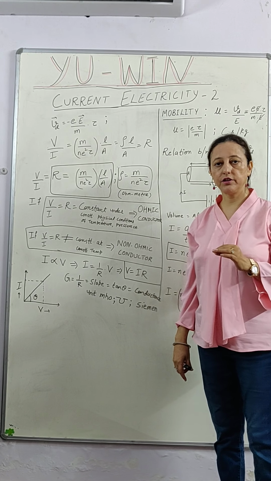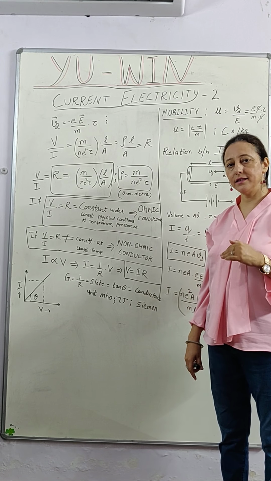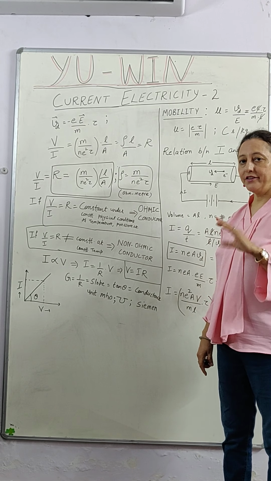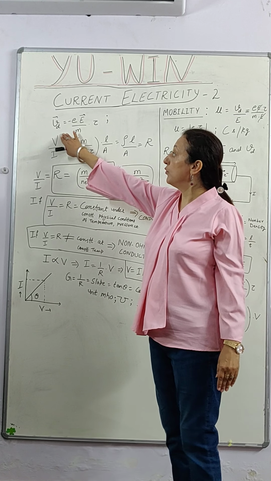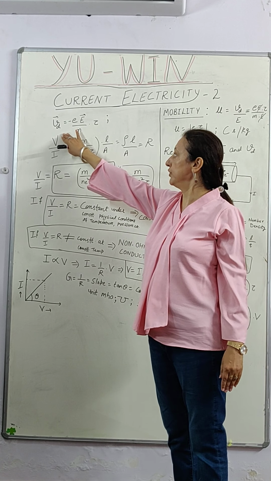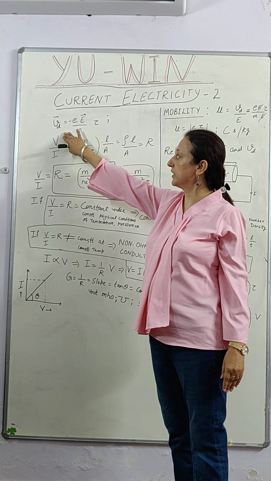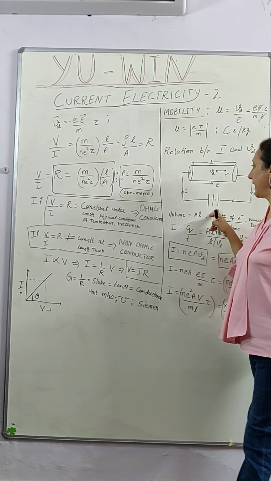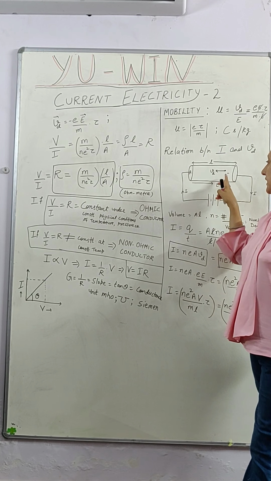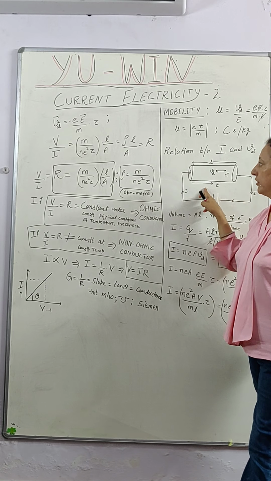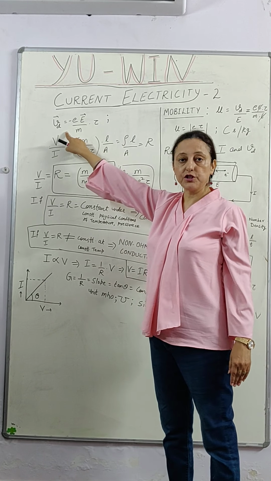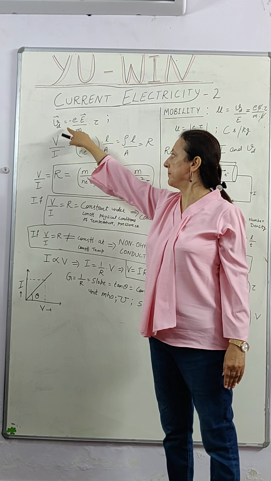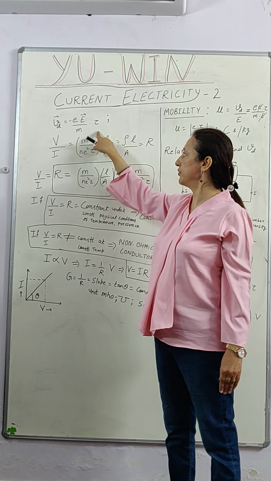With the applied electric field, although they are accelerated by the field, the net result that we discussed came out to be that they move with a constant average velocity towards the positive terminal of the conductor, in the direction opposite to the electric field. So we are starting from here only. The drift velocity, the expression that we deduced in the last video, was minus E upon m into tau.